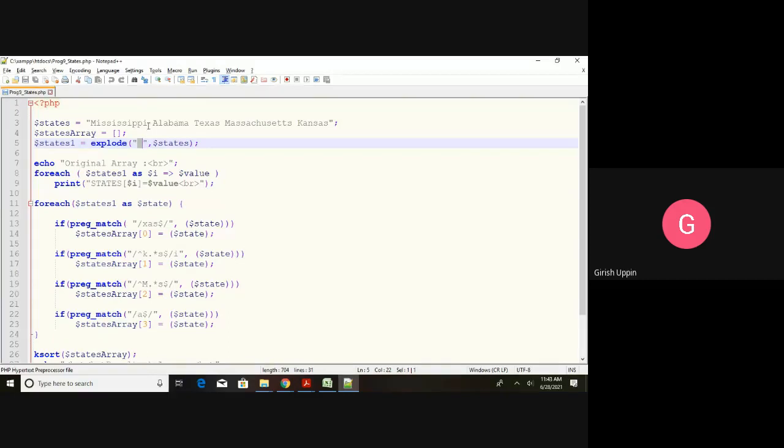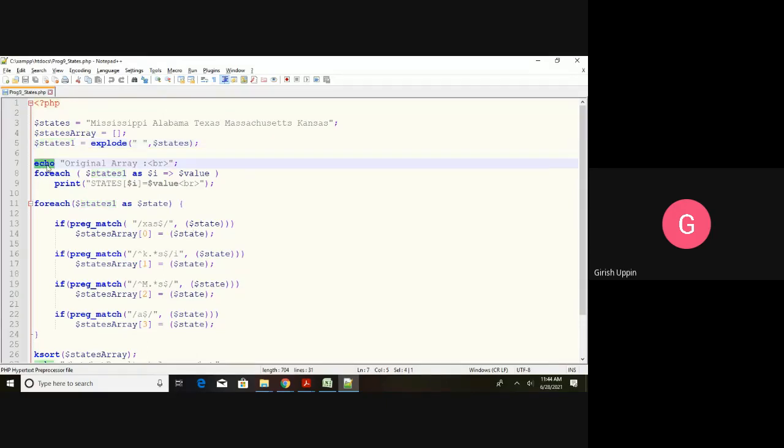So wherever there is a space, it will explode at that space into an element. So I will have Mississippi as one element, Alabama one element, Texas, Massachusetts, and Kansas, five elements stored in this array as five different elements. By default, the keys will be 0, 1, 2, 3, 4.